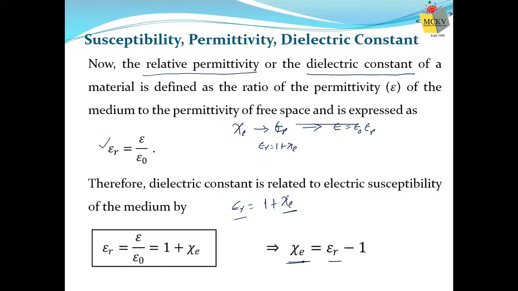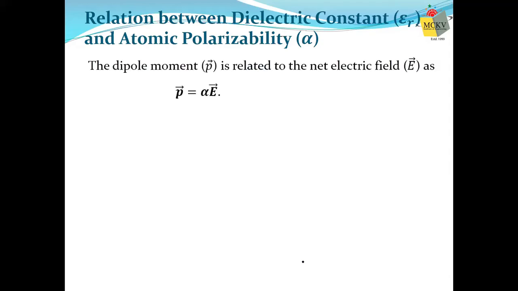But we have also spoken about another quantity, atomic polarizability. Why do we need to remember atomic polarizability, if I know any of these three? If we can find a relation between the dielectric constant or susceptibility and atomic polarizability, then it will be helpful for us. Let's try to find it out. If you remember how we defined the dipole moment, the dipole moment is proportional to the electric field, and the proportionality constant was called atomic polarizability. So atomic polarizability was defined as the dipole moment per unit electric field applied.